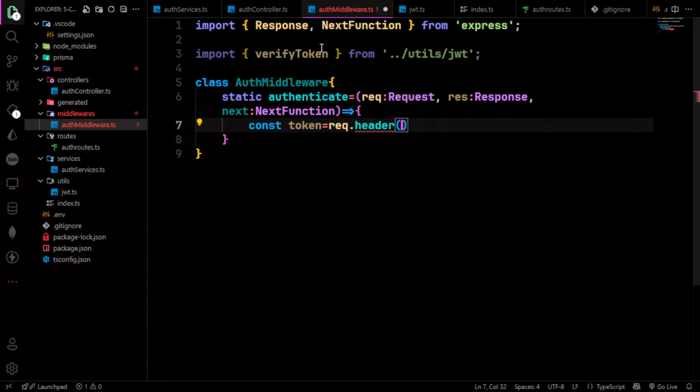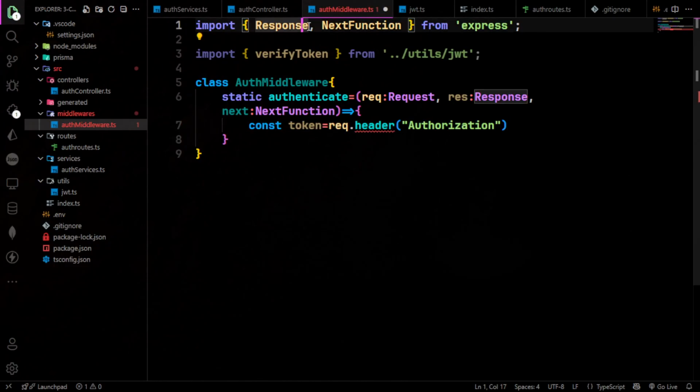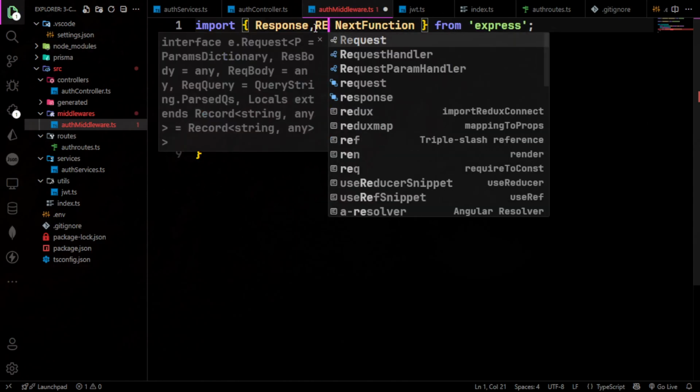We will fetch this token from the header. When you hit the endpoint, we have to provide the token as a header. So the header name is Authorization. You can give any name if you want. I will give Authorization as the name of the header, and then replace. req.header. Okay, first I have to import the request,